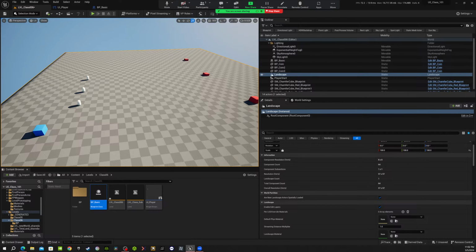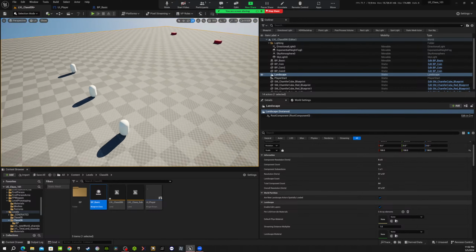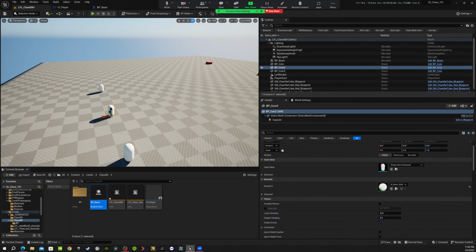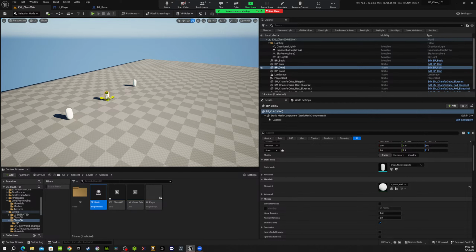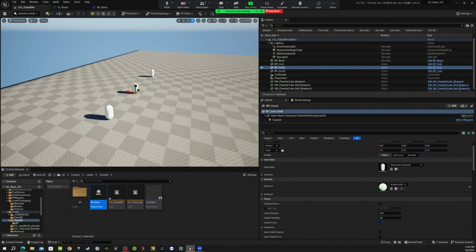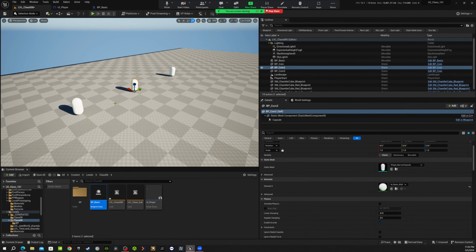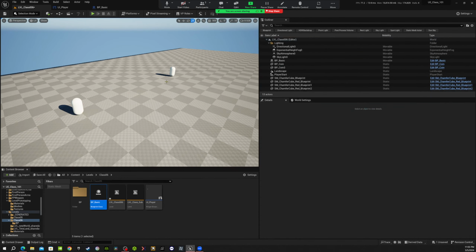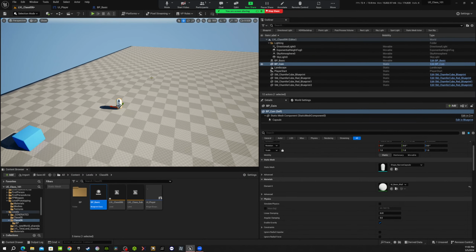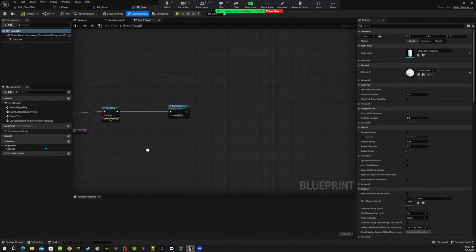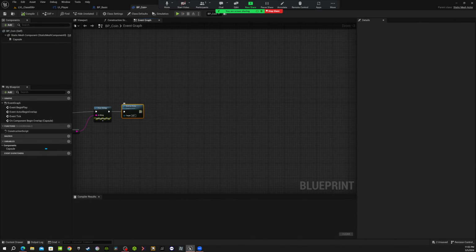And actually, it can be something different. Right now, I have specified where I put these, like I place them myself, right? But I can actually do something different. I can make them not exist, and I can edit this coin blueprint. And at the end, I can say